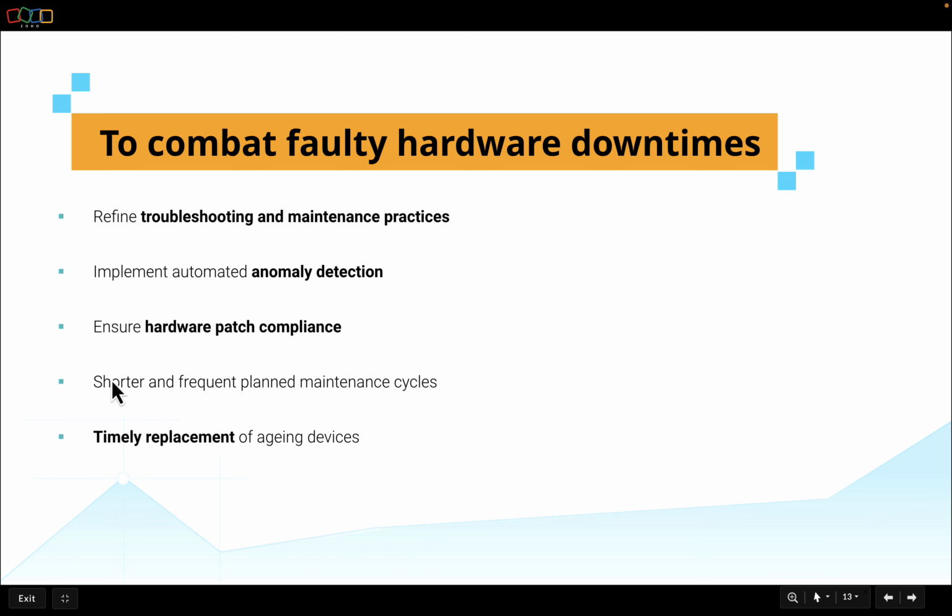From this, we move on to streamlining the maintenance cycles. Here, implementing a proactive maintenance schedule with shorter and more frequent cycles to preemptively address potential hardware issues can go a long way in combating faulty asset-related IT downtimes. And finally, timely replacements of aging devices. We have to proactively replace problematic or aging devices reaching the end of their life cycle to prevent prolonged downtime